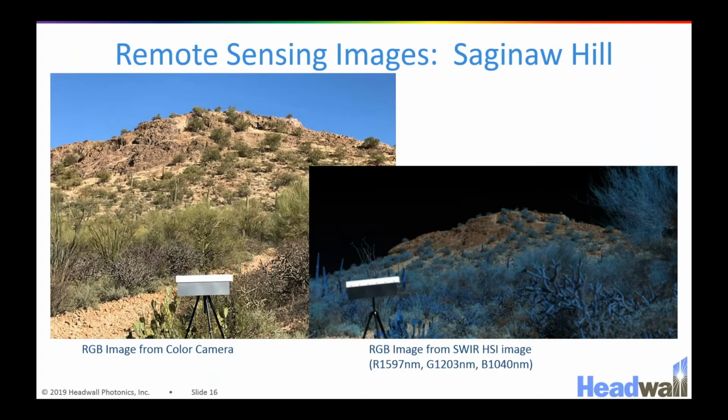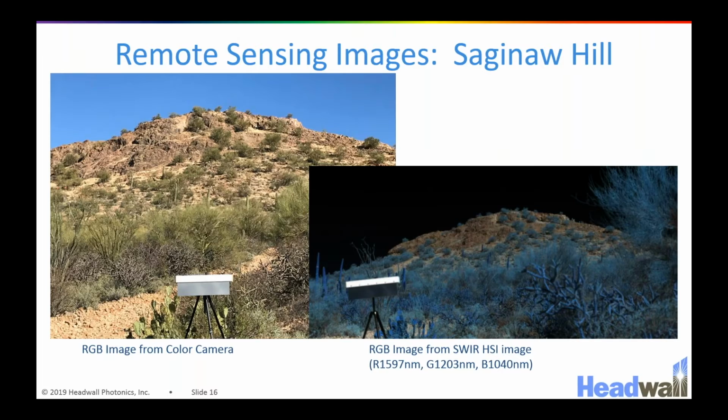I introduced that because now I'm going to show some remote sensing data where I did what I call my initial analysis, which was not ground truth. I just found all of the different spectral signatures and created a false color image of them in the scene. These images were taken at Saginaw Hill, which is a mineralogically interesting site that scientists at the University of Arizona are studying. This data collection was done in conjunction with the University of Arizona. Headwall collected the data, Arizona is doing most of the ground truthing analysis, and I did this initial